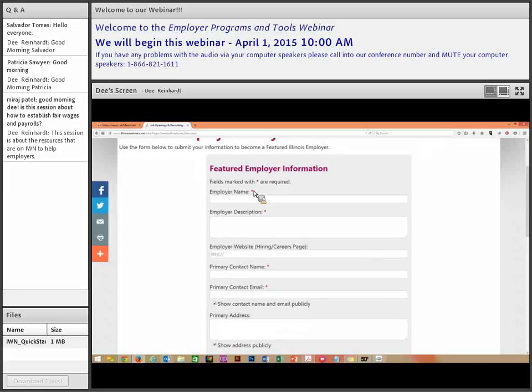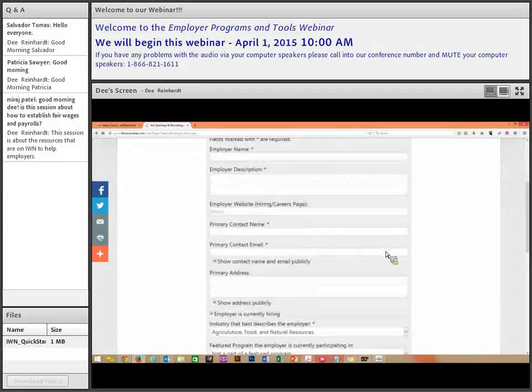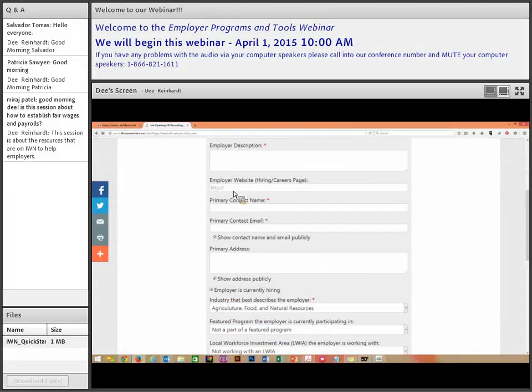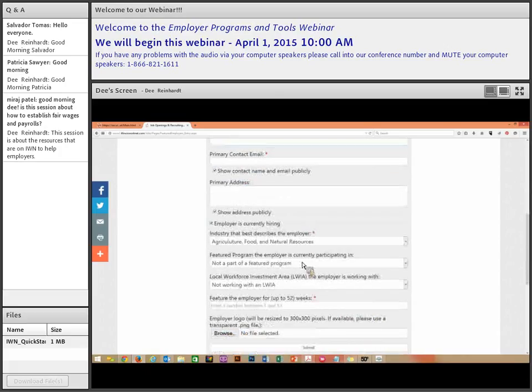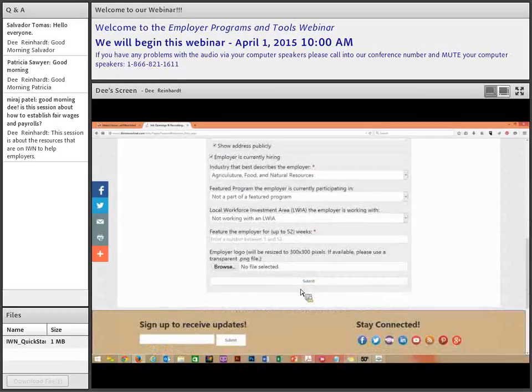Everything that is required has a star, and you can put their link to their hiring or careers pages and have them check all of these different boxes and then submit it. If they want to put in a logo, we do have the size parameters required so that everything looks consistent on the page. And you can have that featured employer be on the website for up to 52 weeks, which